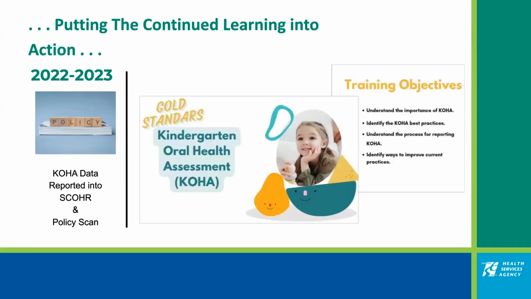So in doing that policy scan, we were able to develop some gold standard recommendations working with our partners. That looks like one school district, for instance, where the school nurse was really passionate about not accepting waivers and working with the families to get their child into a dental home and really getting them screened and ready to be the best scholar that they can be. Also, on-site screenings with passive consent was another gold standard that we found from some of our school districts, and then also working through those challenges collectively.